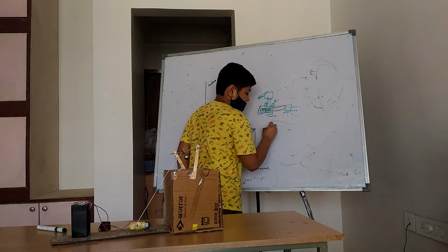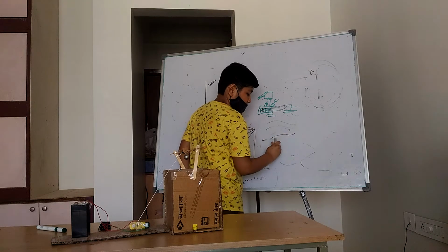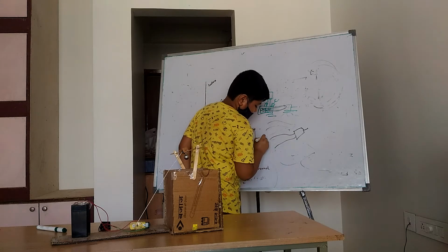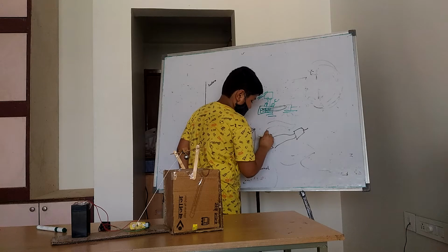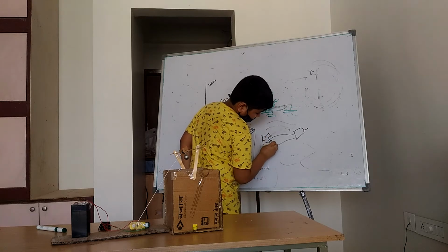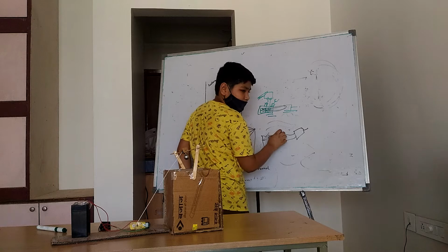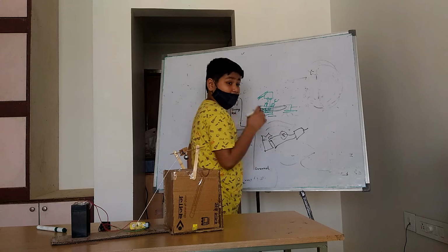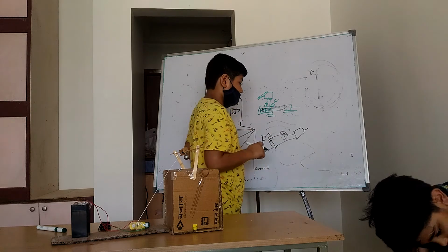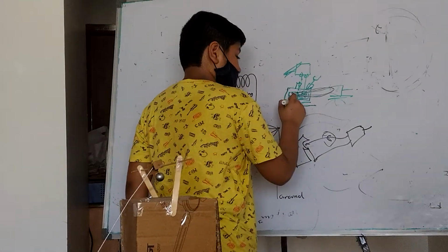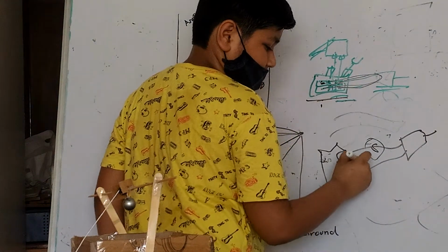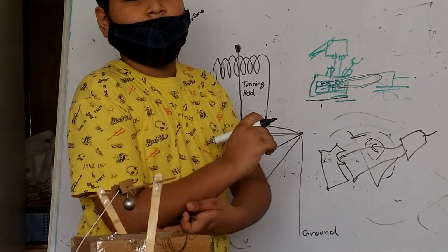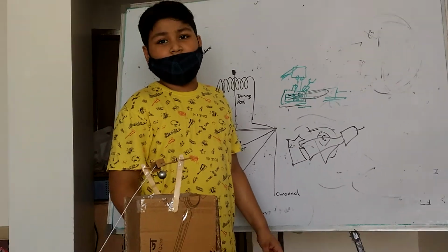I used the DPDT switch for this only. I didn't want to interchange the wires manually. See, if this is the motor, and this is the battery, and these wires are connected, and I have a simple one-way switch, I would need to change the direction of the current flow, but I didn't want to do it manually. This DPDT makes the work easier by changing the direction of the current without manually swapping the connections.